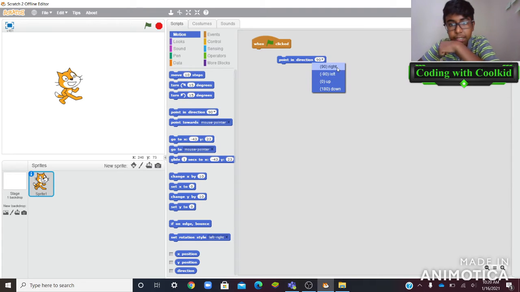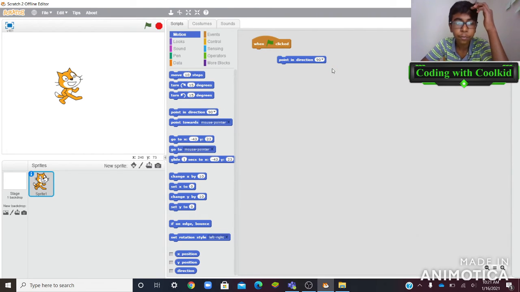These are degrees that let you know what direction you want your sprite to point to when a certain key is pressed and the sprite moves. So if you wanted to move to the right when the arrow key is pressed, then you can point in direction 90. If you wanted to move to the left, you can put negative 90. If you wanted to move up, you can put 0. If you want to move it down, you can put that. And then